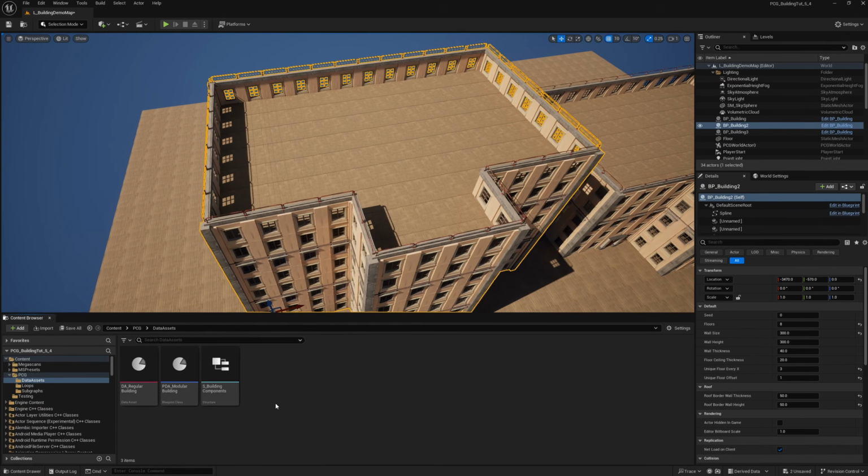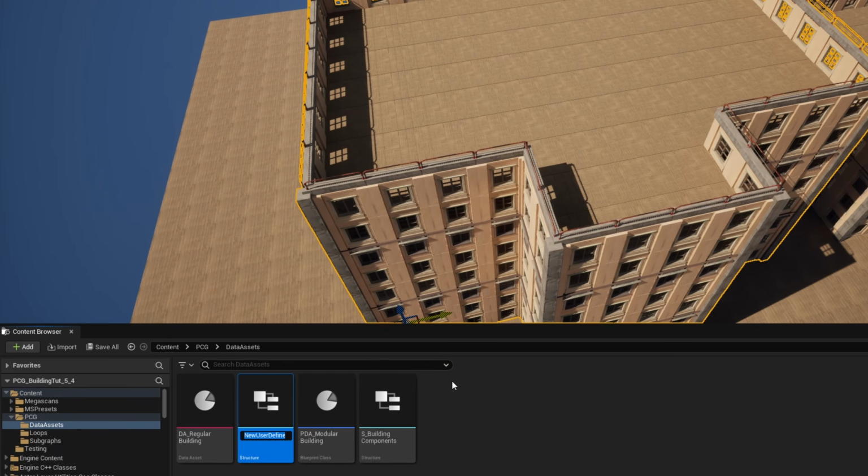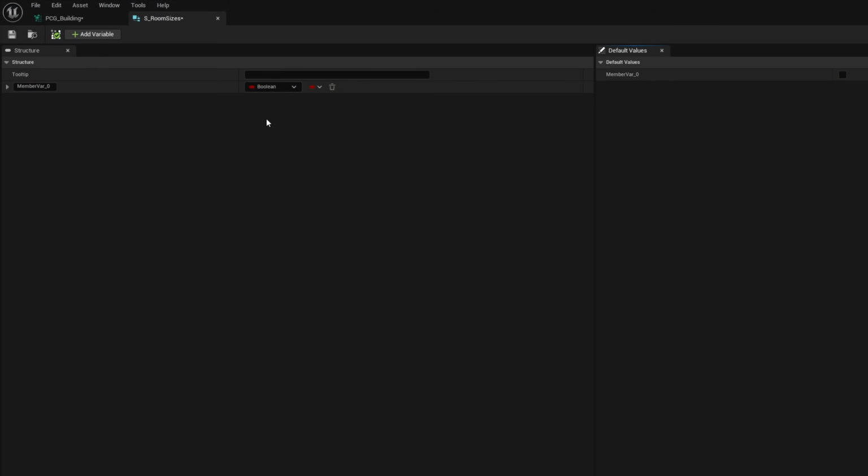So here are my data assets. I'm going to right click and search for struct or structure, and I'm going to select it, and I'm going to call this S_RoomSizes. Open it up, and here we can add our variables. So I'm going to change the first variable here to be an integer. I'm going to add a variable, and this will automatically set the second one to be an integer, which is